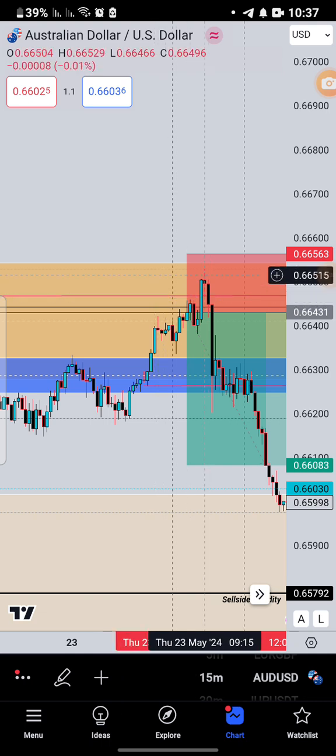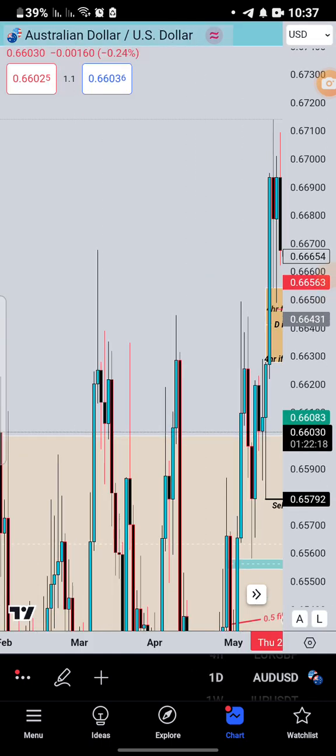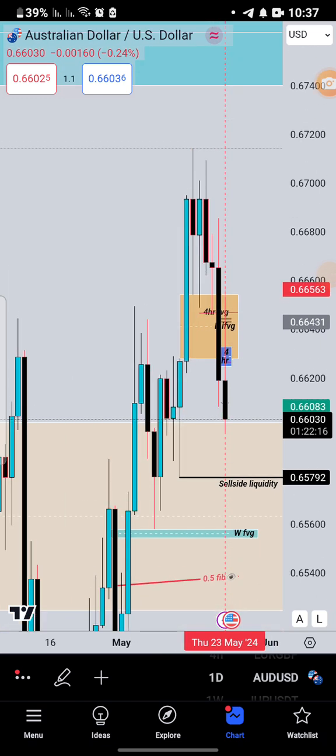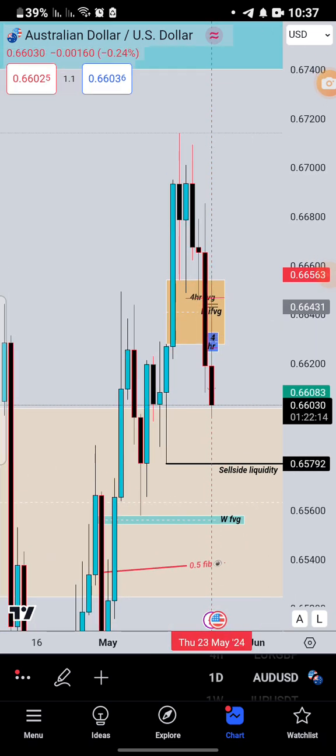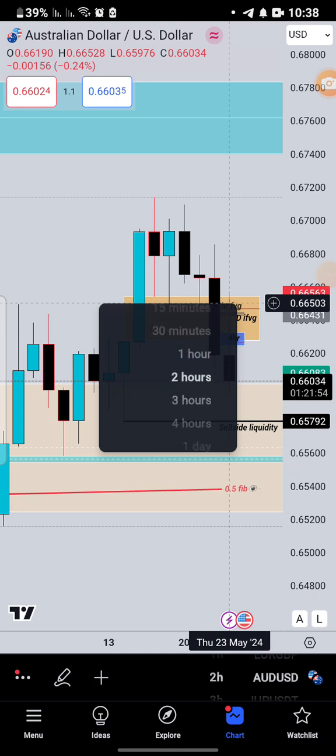So we had that daily immediate rebalance, whereby we had today's upper wick overlap with the Tuesday lower wick. So this is the Tuesday lower wick, and we had today's upper wick overlapping inside the zone, inside the upper portion of this daily inversion fair value gap. So since we have that immediate rebalance, and for me this is the strongest confluence that I usually want to see. So what happened?